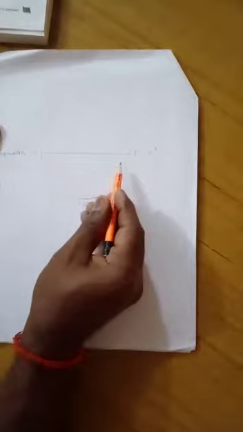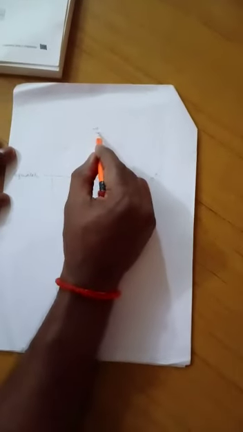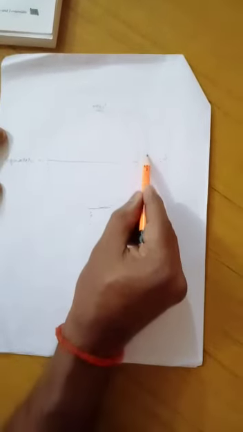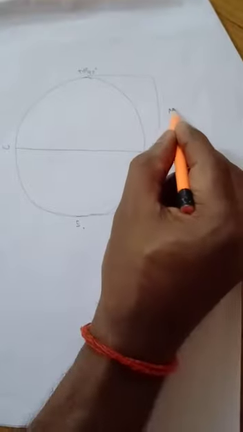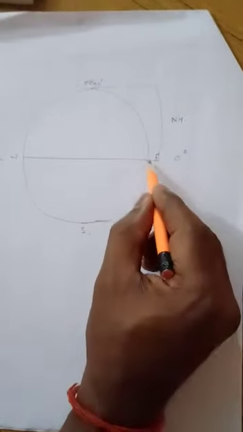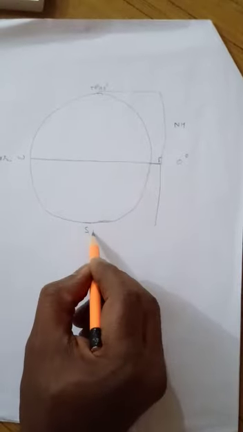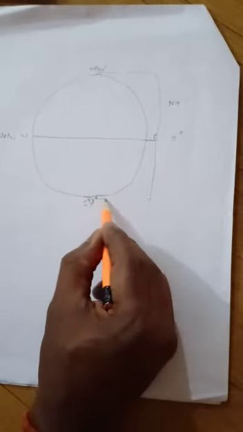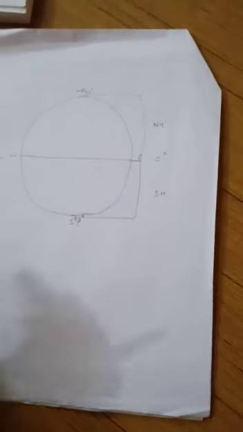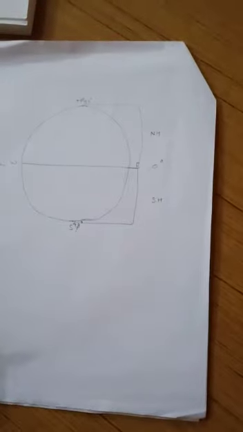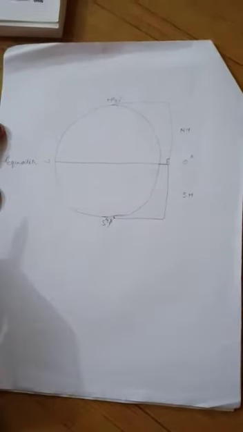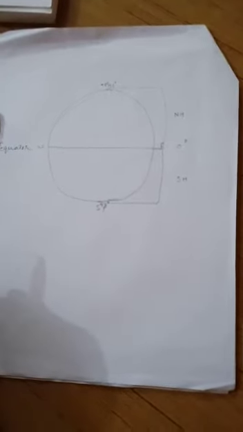So this is one of the most important latitudes, and the upper part from the 0 degree till the north pole, this north pole we have marked as 90 degree. So from 90 degree till 0 degree, it is known as the northern hemisphere, and from 0 degree till the south pole, that is 90 degree here, this is known as our southern hemisphere. So in this way, we have divided two parts from the 0 degree equator. The above part is the northern hemisphere and the below part is the southern hemisphere.